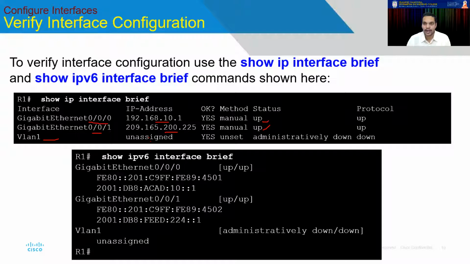Now, if I want to find out what IPv6 address I have given, I'll simply use show ipv6 interface brief. Once again, it's saying that for the two interfaces, whatever IPv6 address I have typed in there, it is showing, and it's showing that both of them are up. There is currently no VLAN assigned. So in order to verify, you have to use the show commands, because maybe in the exam or in the practical world, if you want to make sure that you did all the configurations without any mistakes, if I were you, I would definitely use the show commands to verify them again, whether each and every IP address that I assigned is the right one or not, because we are all human beings and it's common for us to make typing mistakes. So please keep these things in your mind.